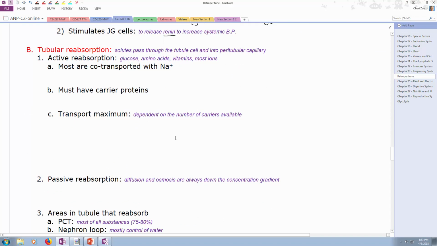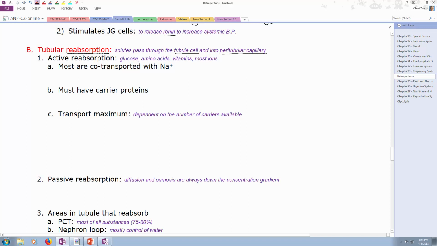Tubular reabsorption. You guys still following me? Okay? Yeah? Okay, so we created this large volume of filtrate, and now we need to reabsorb it back into our bloodstream, or else we're just going to dry up and blow away. So that's what reabsorption is all about. We're going to reabsorb it back into our bloodstream, and solutes will pass through the tubule cell into a